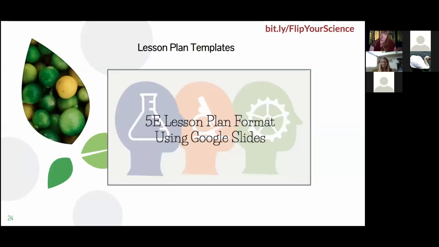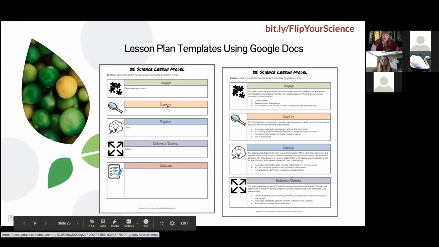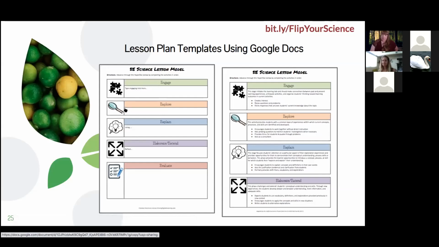The lessons that you saw earlier in our presentation, we have some for you right here if you're ready to go, if you're excited about doing a 5E lesson in your science class. This one right here is a Hyperslide, and then we have the two on the Hyperdoc. So again, your preference, as Angela said, if you like the Hyperslide, go with the Hyperslide. If you like the Hyperdoc, do that. We have two different ones for the Hyperdocs.